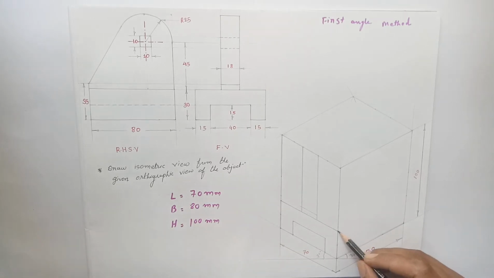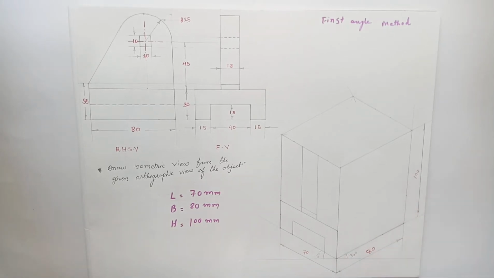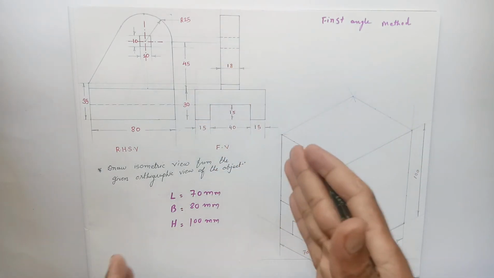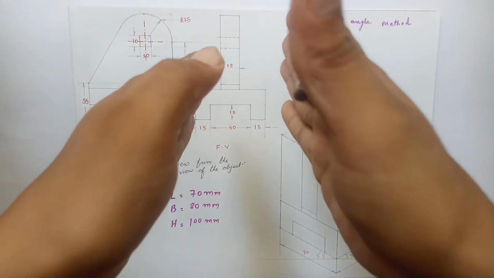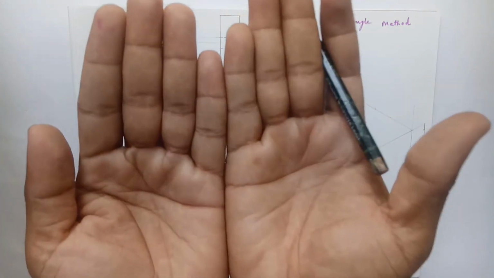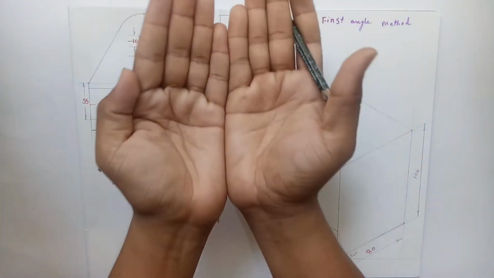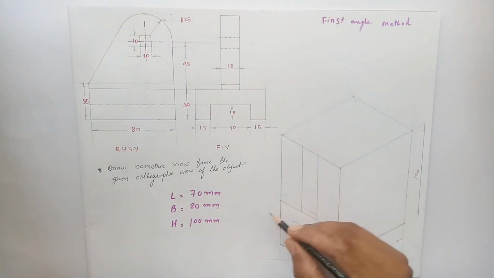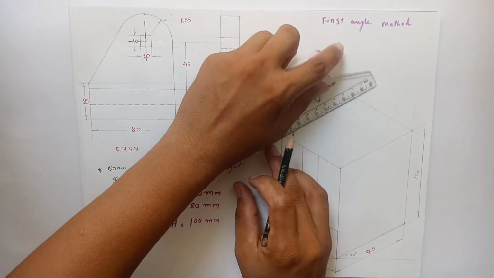Now project all the edges to the back side surface as observed from the top front view. It is also projected in the back side view. So this figure gives us the front view, but if we observe, this figure goes through the back side view also. So project all the edges of this figure on the back side.